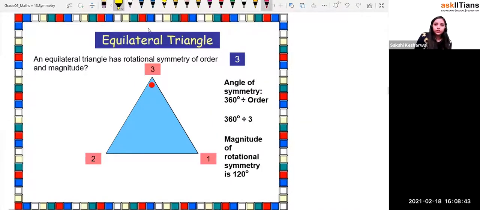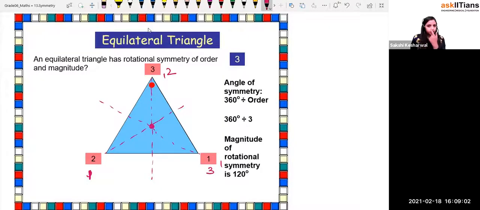Now let's come to an equilateral triangle, as I have said and discussed above. So an equilateral triangle will have an order, yeah, here you will be rotating. These are the lines of symmetry, and this is what, beta? The line of symmetry. So again, you will be doing the rotation from here. So 1 will become what, beta? 3, right? This will become what, 2, 1, right? And this will become what, 2.